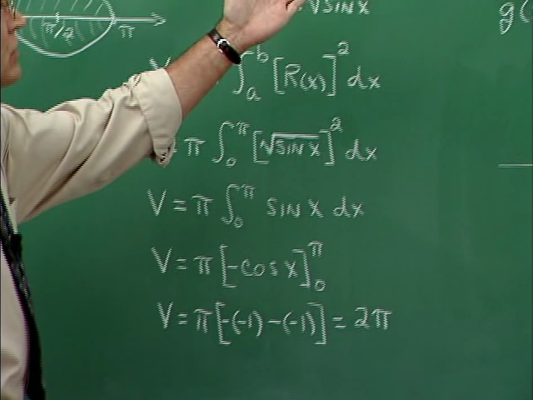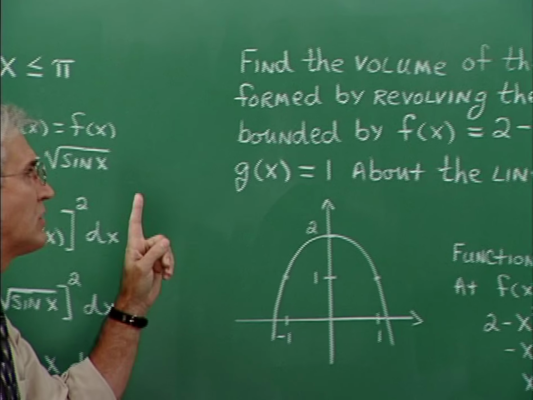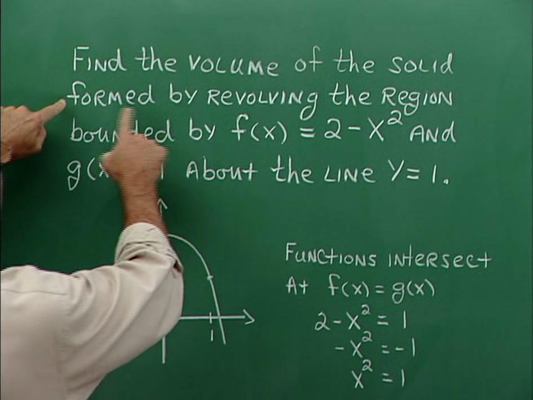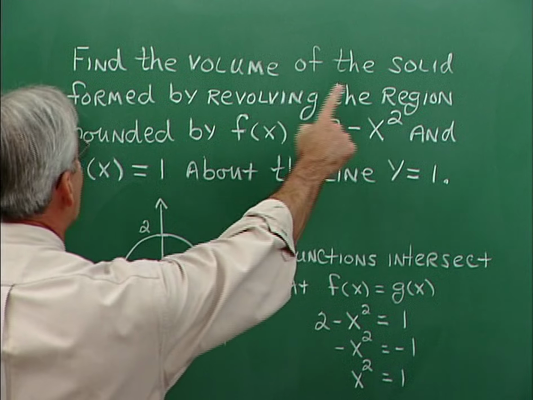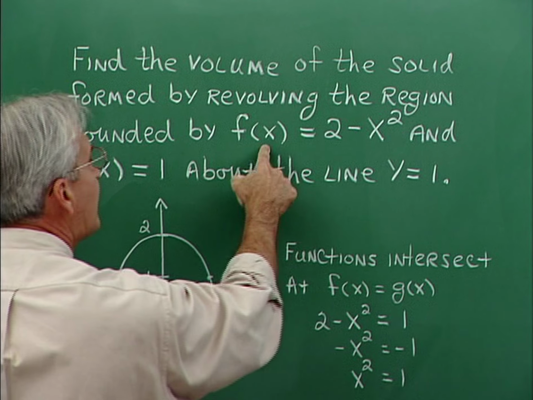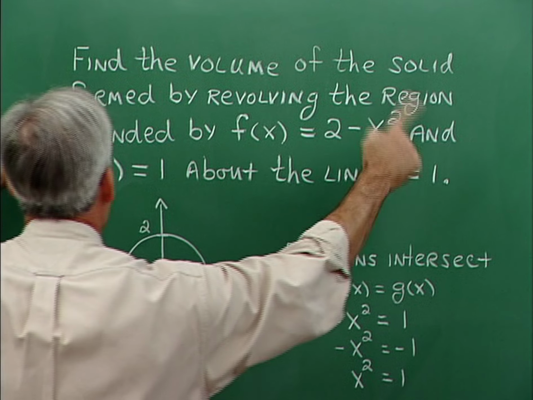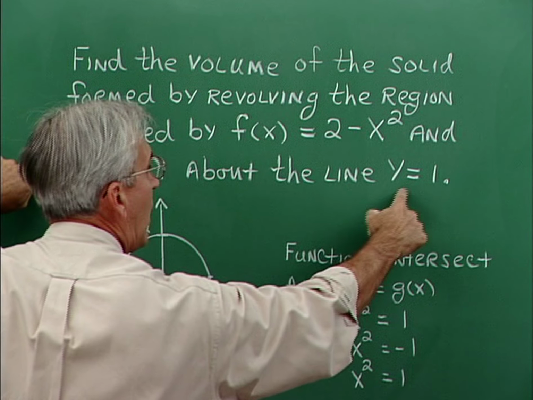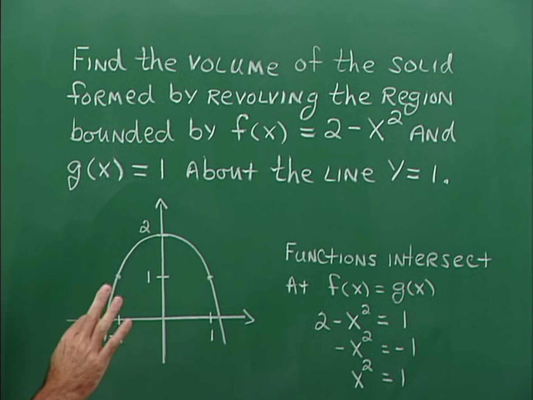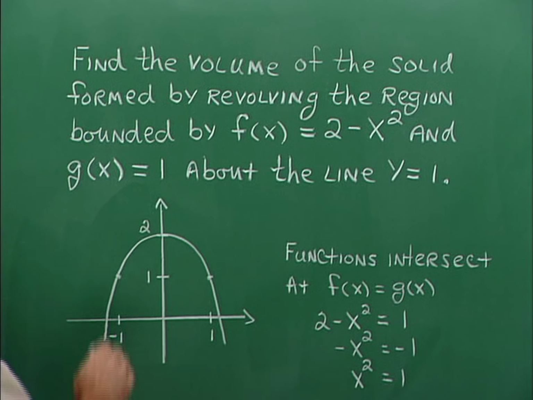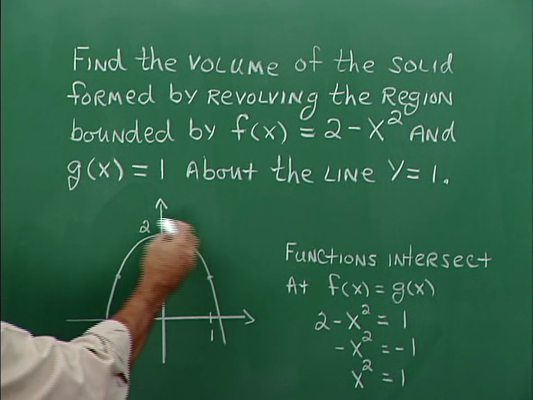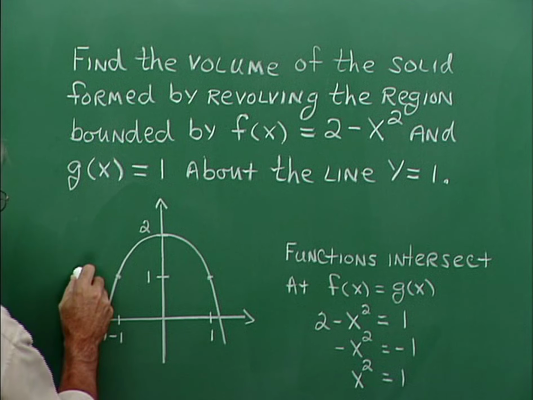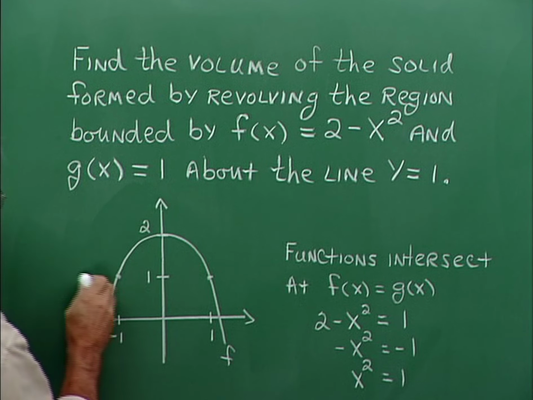Here's another one. Suppose we want to find the volume of the solid. Now this one has a little convolution in it, so let's read carefully. Find the volume of the solid formed by revolving the region bounded by f of x is 2 minus x squared and g of x equals 1 about the line y equals 1. Whoa. The region bounded by f of x is 2 minus x squared. That's this. And g of x equals 1. Well, here's the f function, here's the g function,